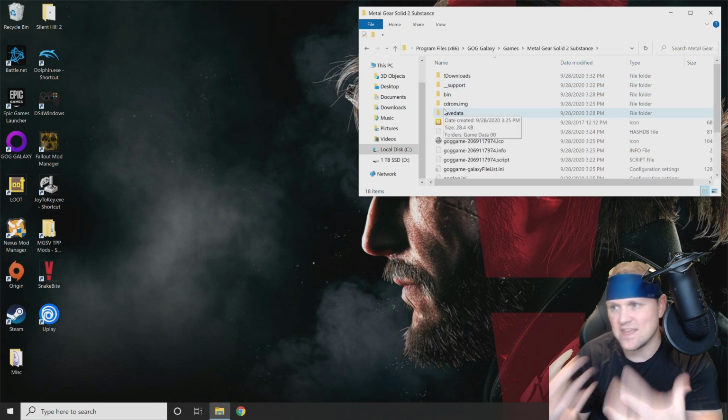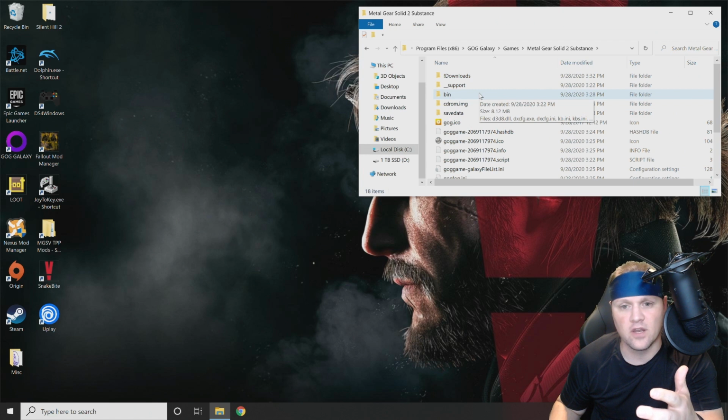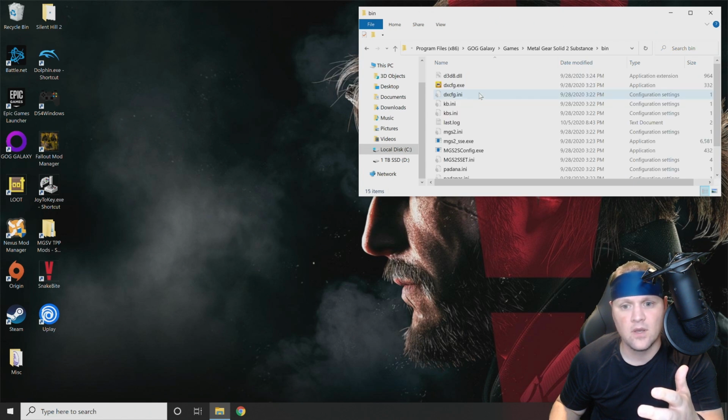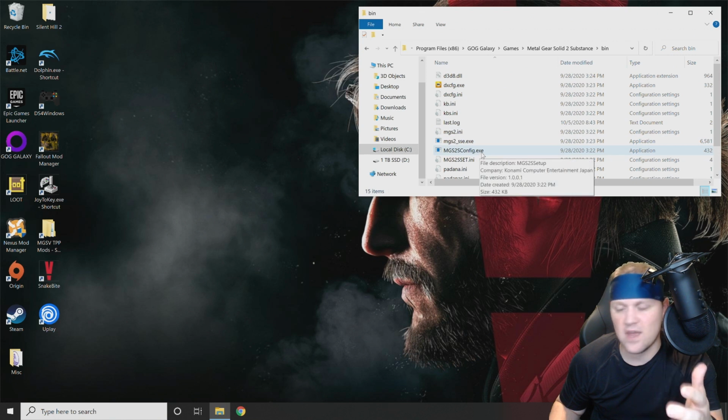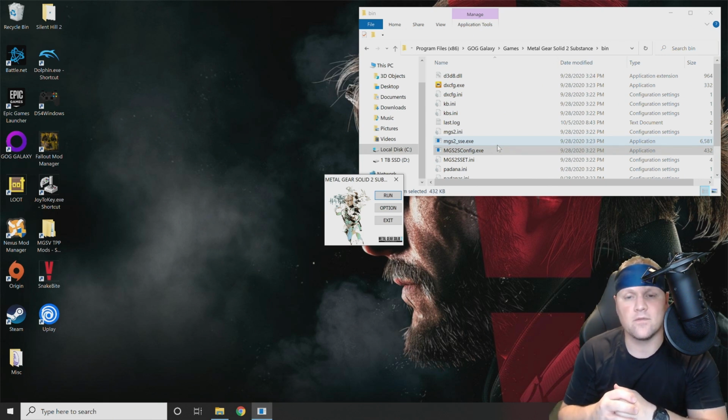Now, once you have the game folder open, you're going to want to go to the bin folder. So make sure you double click and open the bin folder, and then you'll scroll down and look at where it says mgs2sconfig.exe. So that's the one you're going to want to double click and open. Then it opens up this box, which you can actually run the game from here, but it's also